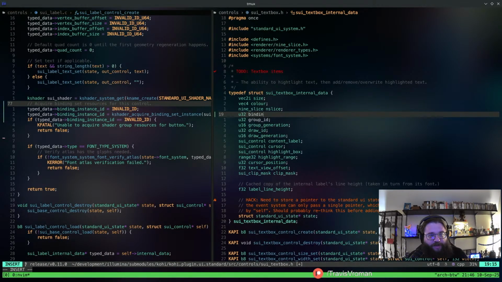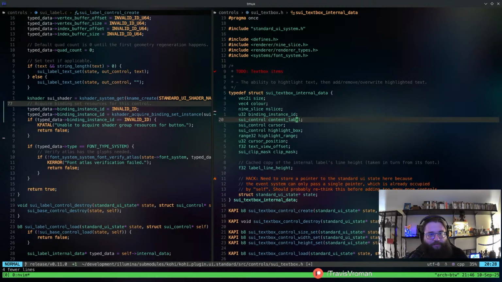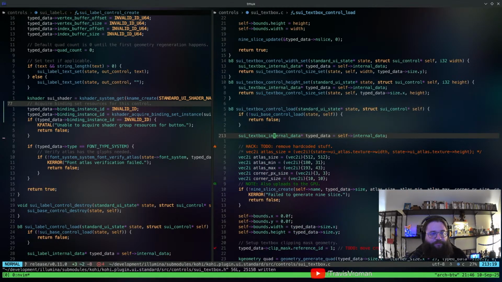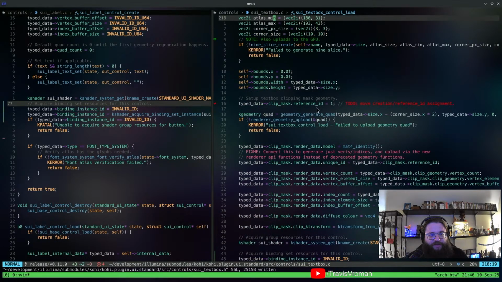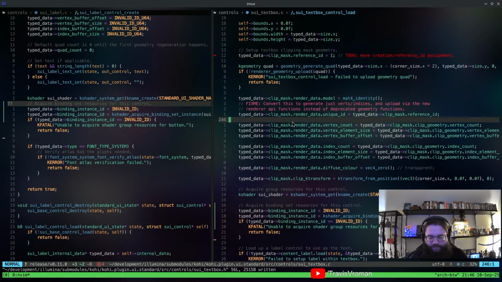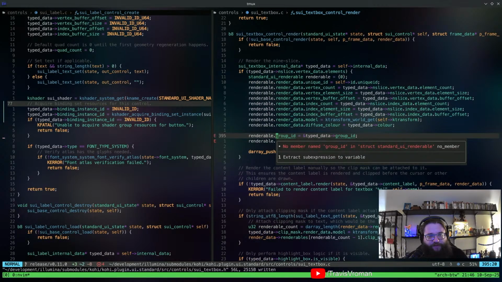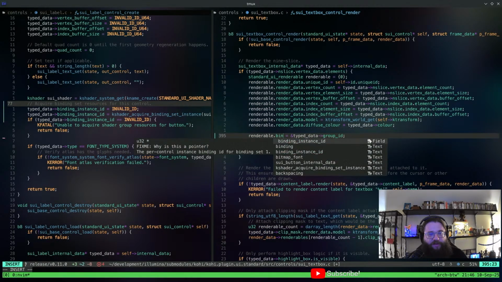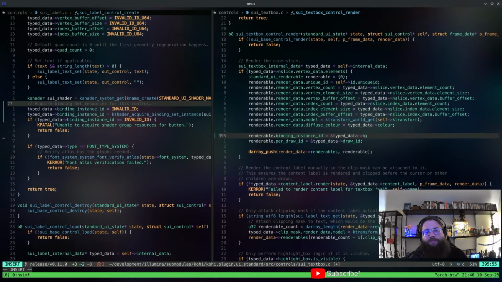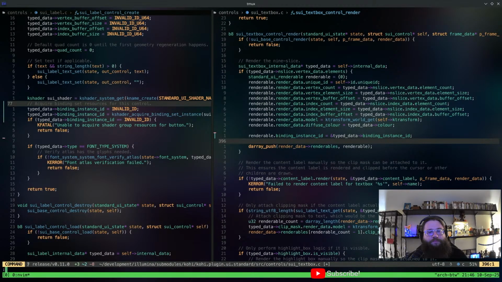But we're going to do binding instance ID. I'm just going to plug it in and make it work. But I think we're going to wind up redoing that at some point, because I'm not a huge fan of the way it's done at this point. It was one of those experimental things as well.